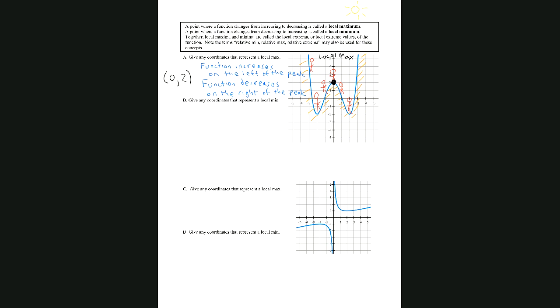Now let's look for a local min. These would be the valleys, and there are two of them in this picture. Now, how do you know for sure that you've identified a local min? Well, your function is decreasing